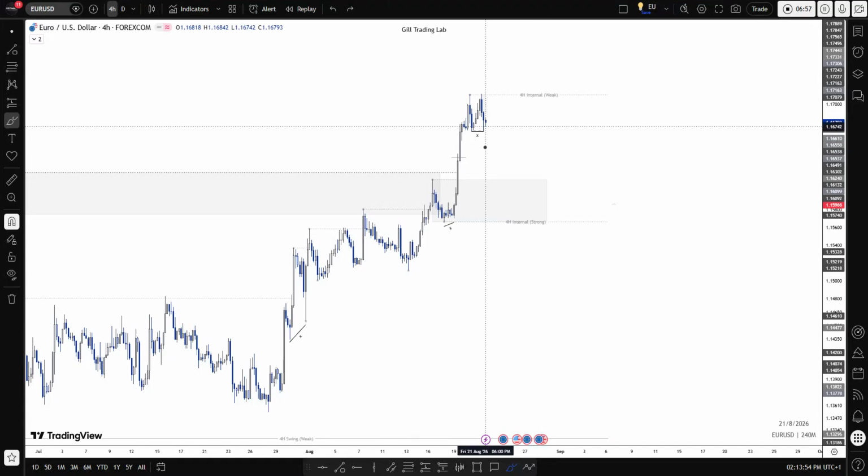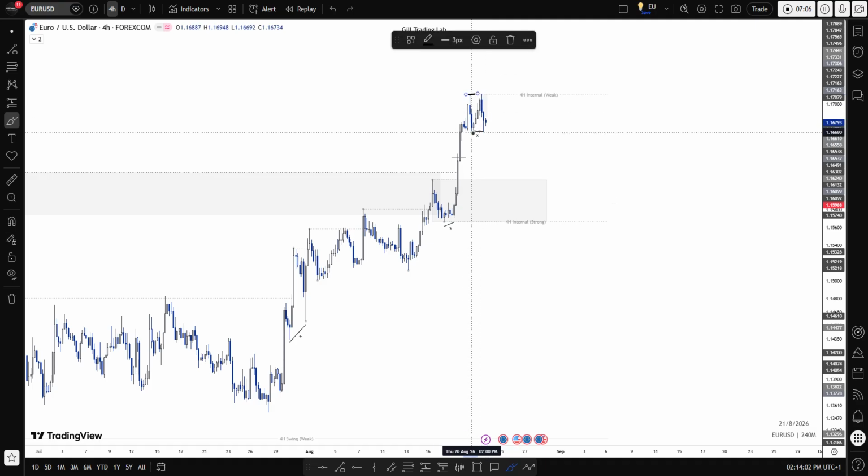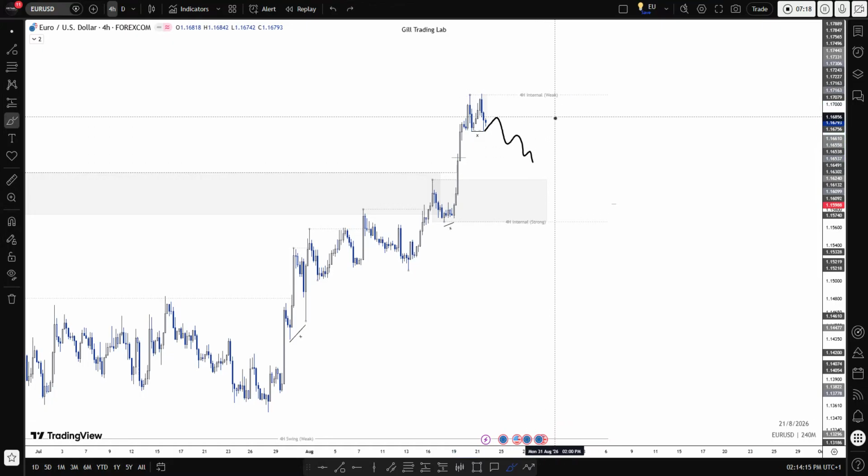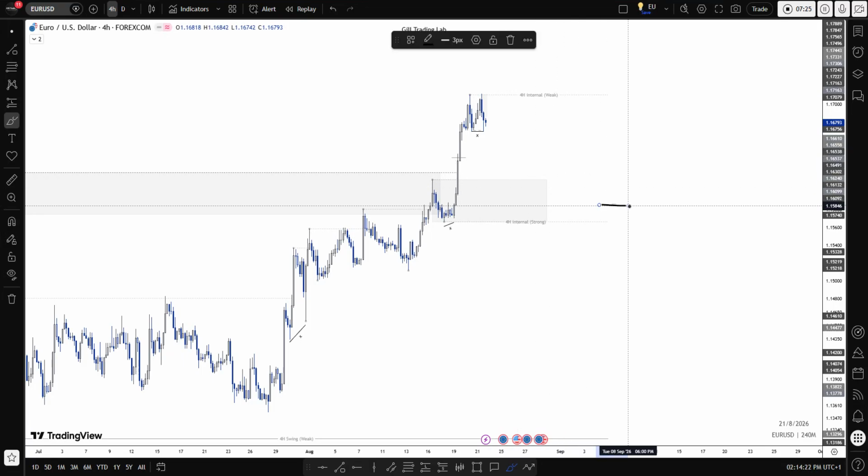since price is still in the premium of the internal range, we could see continuation after this sweep of this buy side liquidity and also the CHoCH plus PBL failure. We could see a deeper internal pullback for price to mitigate discount prices, and then eventually we could see the continuation of the leg. But something to keep in mind is that we've also tapped into the 4-hour EQ